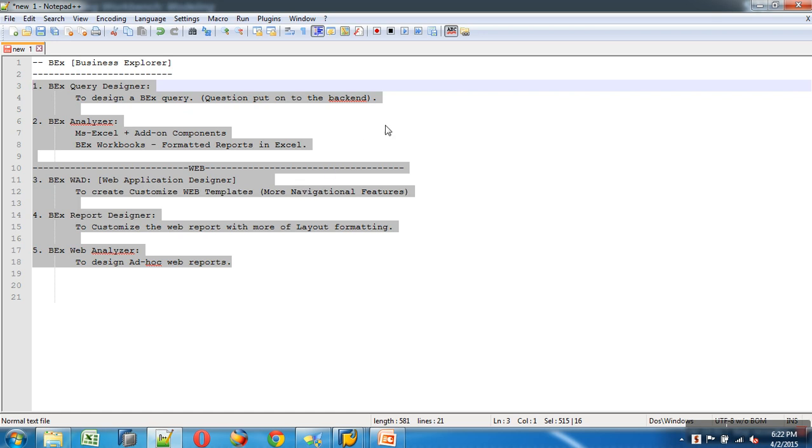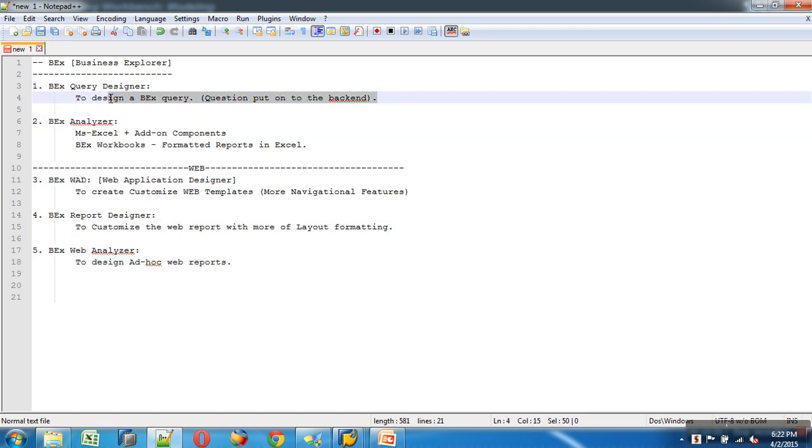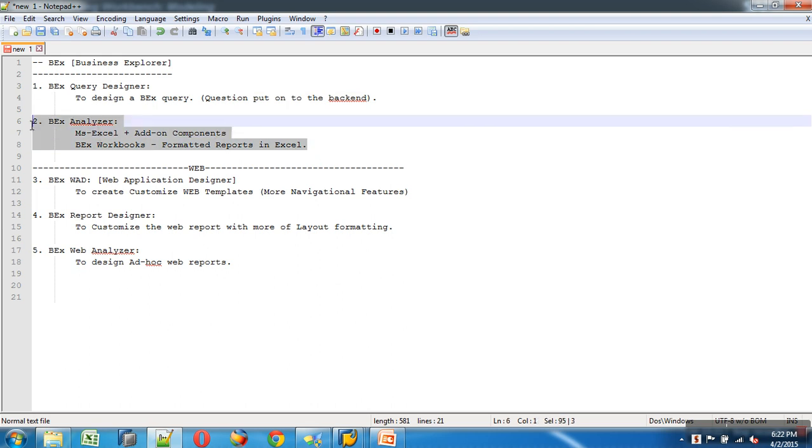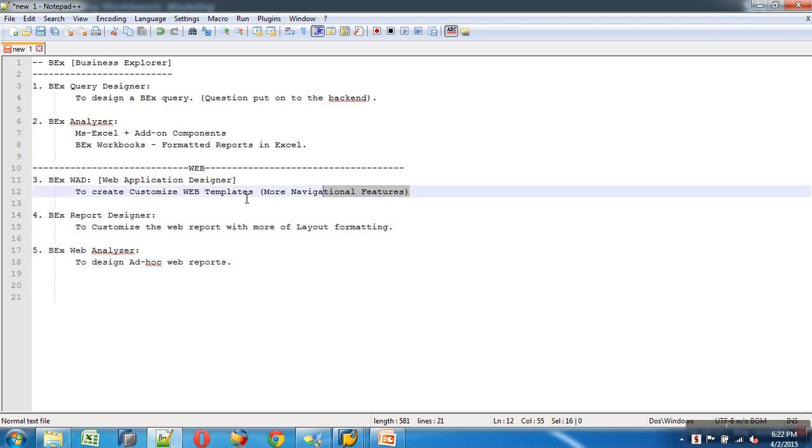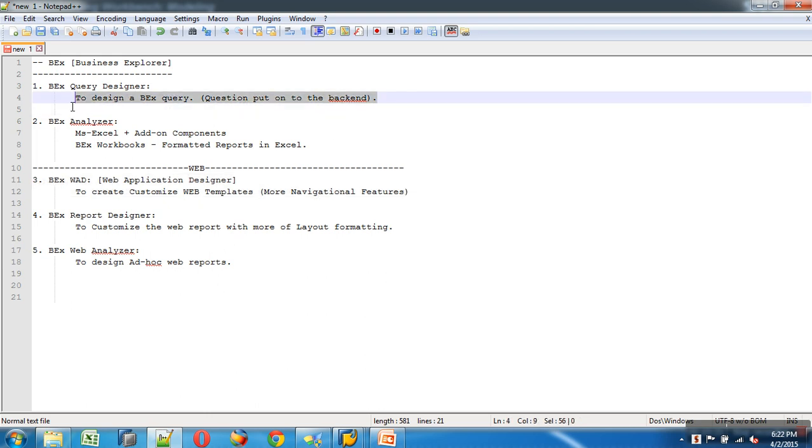So I would say 90% of the time your work would be at what? Designing queries. Then this part of it. These are hardly 5 minutes topics. This would just take 1 hour or something, and this is the main topic to be discussed. Because even with the introduction of BO on top of BW, now you know that SAP Business Objects sits on top of BW for reporting.